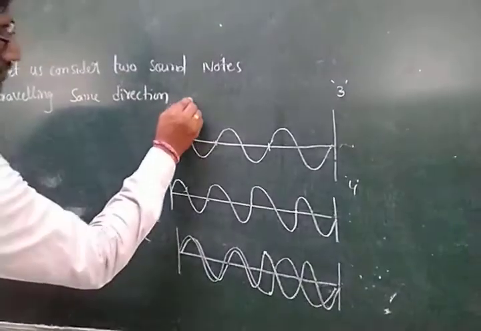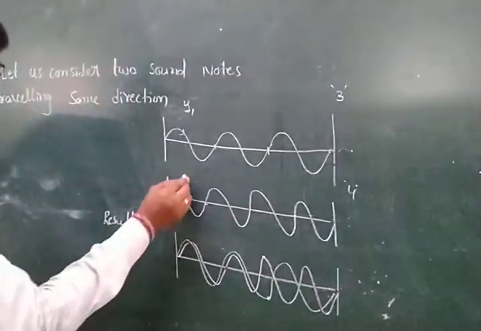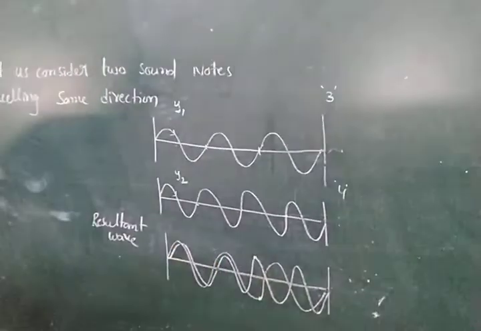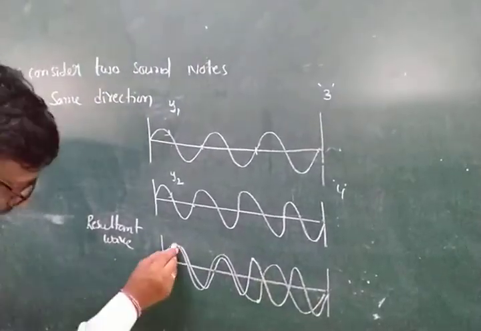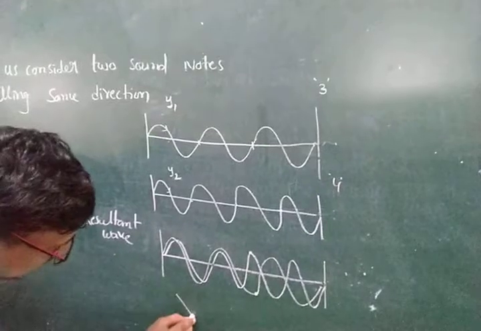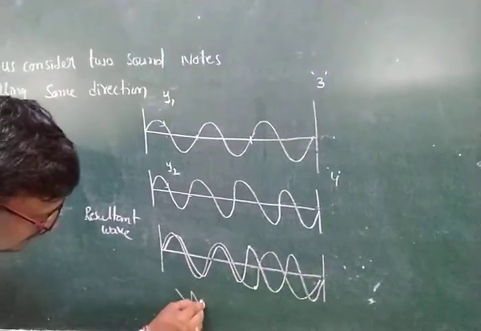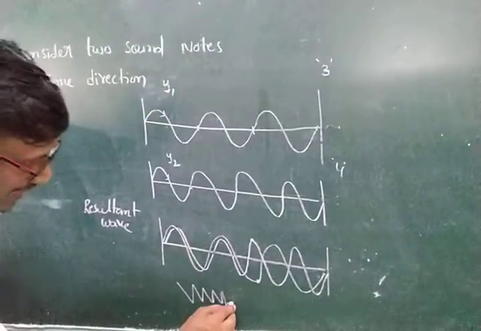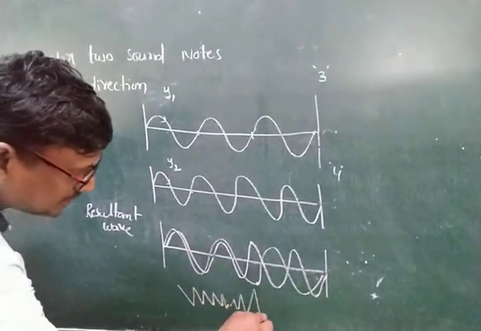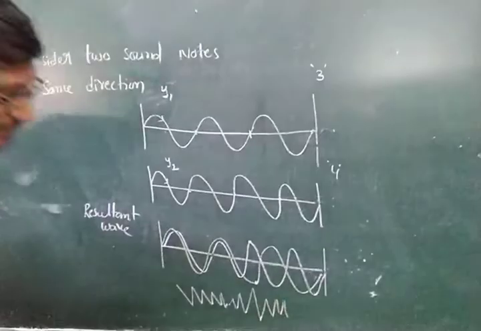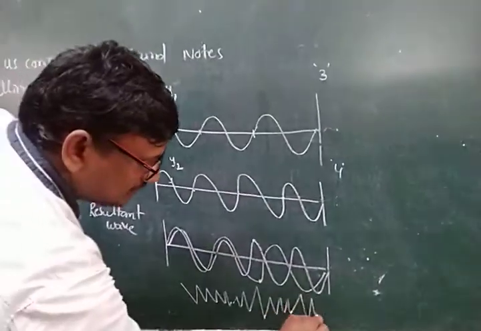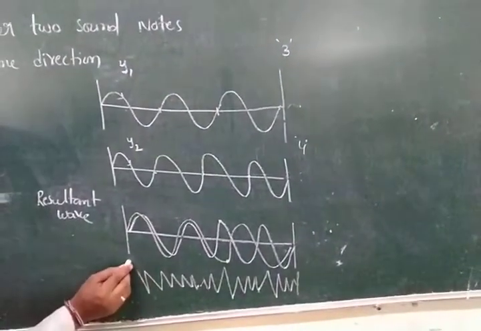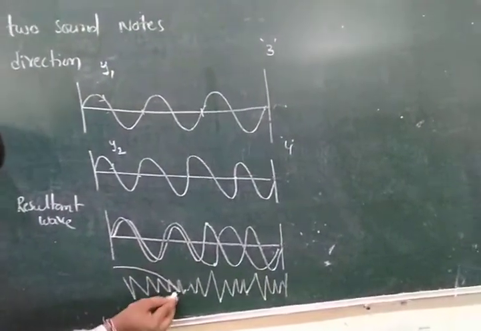This is the first wave, whose displacement is considered y1, and the second wave's displacement is considered y2, and they overlap each other. Here it's a maximum, and it will be maximum again. Then it comes to the minimum, and after that it is maximum again, then minimum, again maximum and again minimum. See, this is the overlap of each other. We can draw the diagram for this.